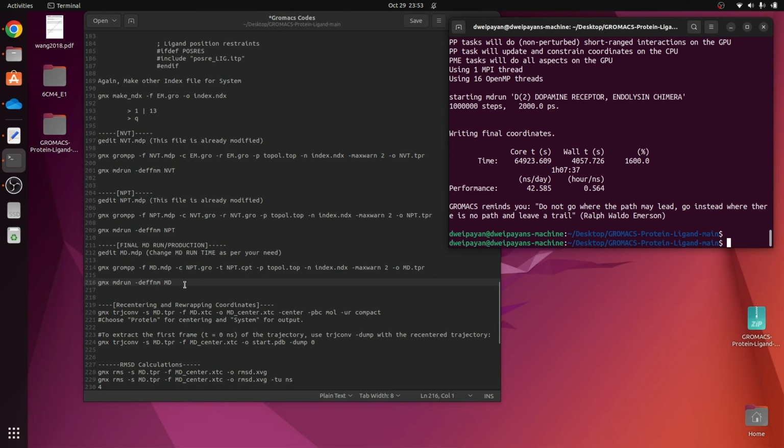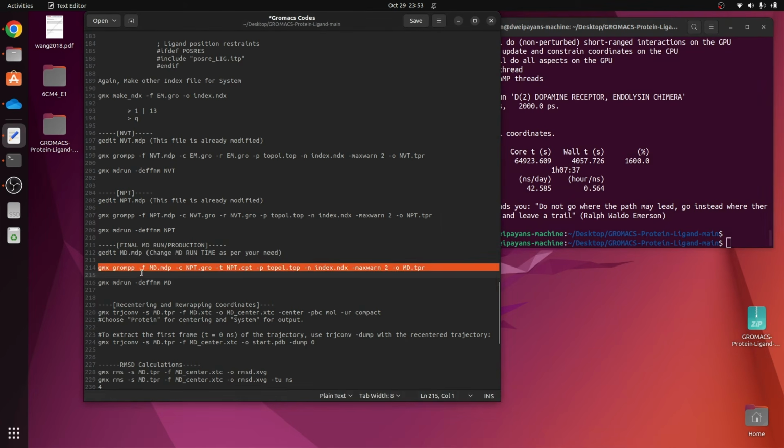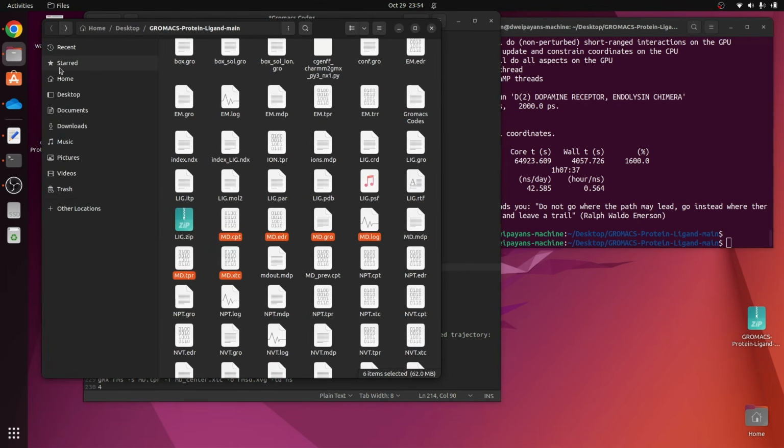Before you understand what the input files were and what the output files should be, you just need to see the commands that we gave. These are the last two commands that we provided. The md.mdp file was the input, so this is basically the input file, and the output file that you got was md.tpr. Then once this command was successfully executed, we did the MD run, and after that we got different files in our working directory. If you just see over here,